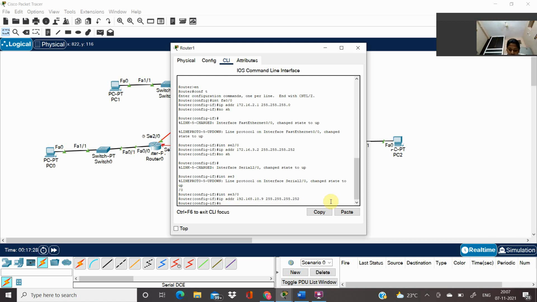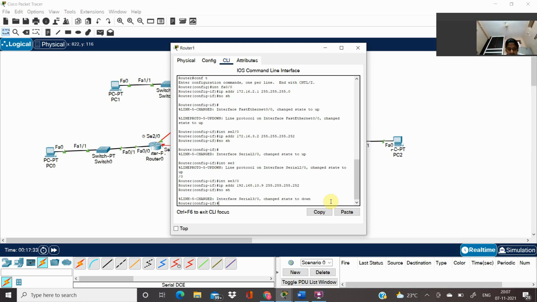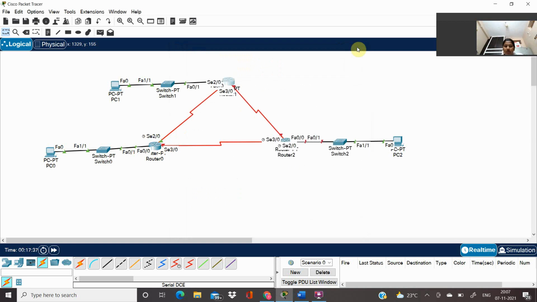Then I'm giving no shutdown. Now we are going to configure our router 2.